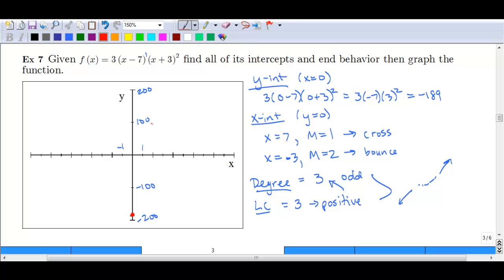And then we've got x-intercepts, so that was that point there. We've got an x-intercept of 7, so we go forward 7, 1, 2, 3, 4, 5, 6, 7. And we have an x-intercept of negative 3, so we'll go back to that point as well. Again, we know that this is going to be starting off lower, since this negative 3 here, x equals negative 3, is the first point that we're going to come in contact with. We know it's going to be coming in this direction up to this point, and then we know it's going to bounce, so I'm going to erase that